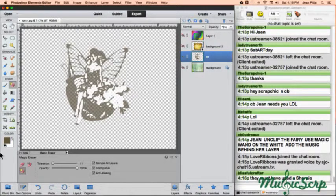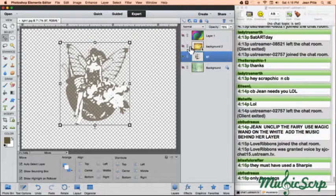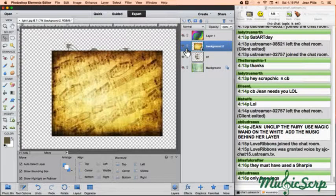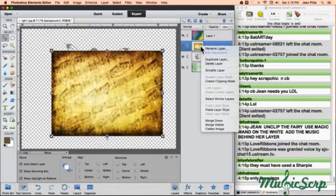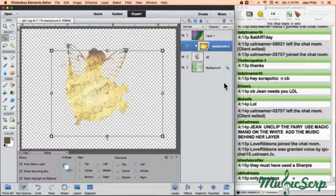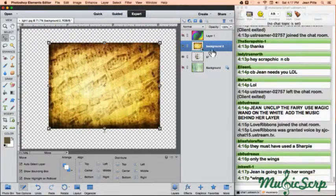Okay, so. Choose this again. All right. Oops. Hold on. I think I can do it this other way though now. Oh, it put it everywhere except the wings when I did that. Except where I put that. So I don't want a clipping mask. I want...